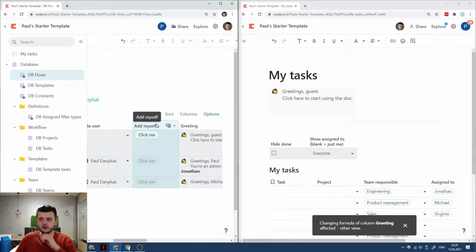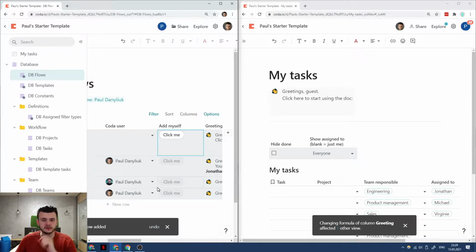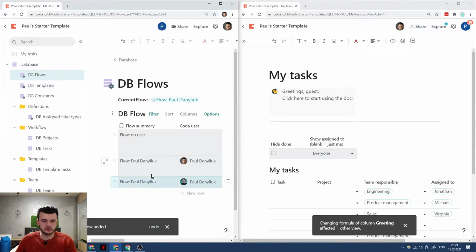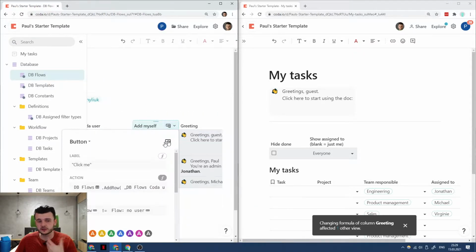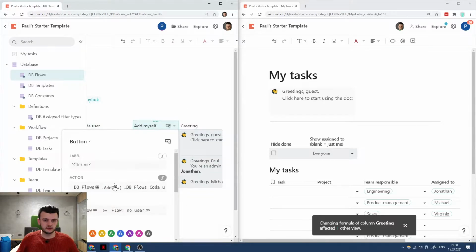So that's the only action. Add myself, adds myself. And right now it added myself twice. I shouldn't have seen this button, but just for the sake of